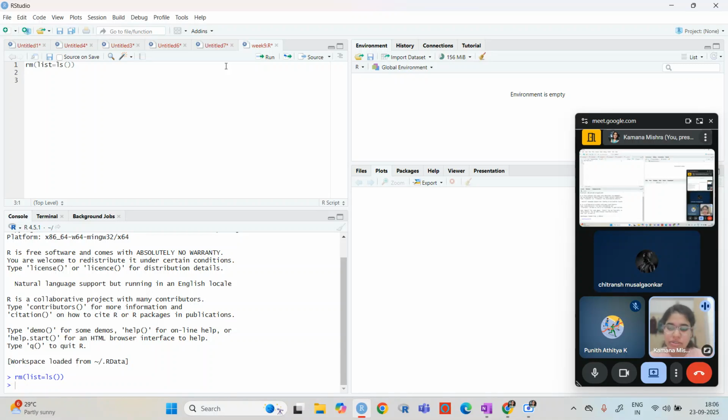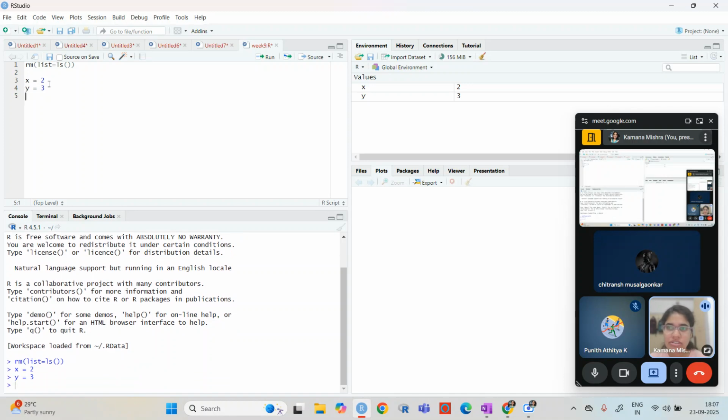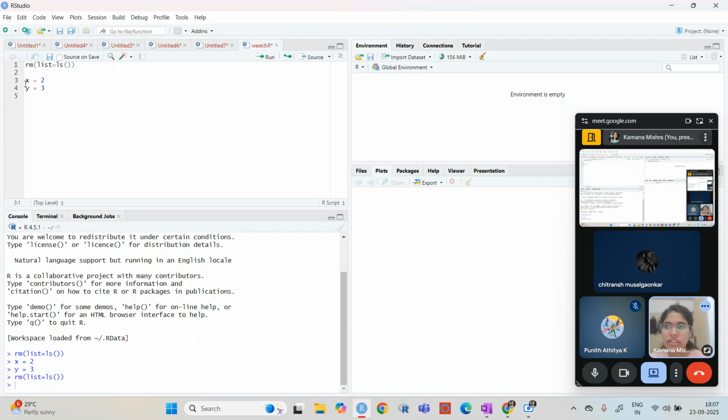Previously, I may have told you that if you want to write x equal to 2 and y equal to 3, give some space here, and you want to run it, then you use a semicolon.